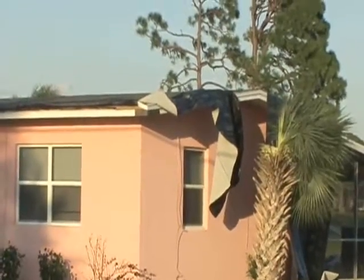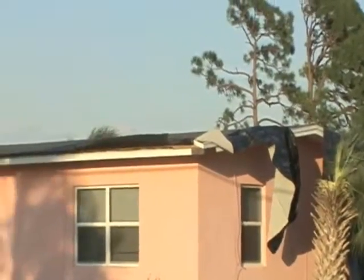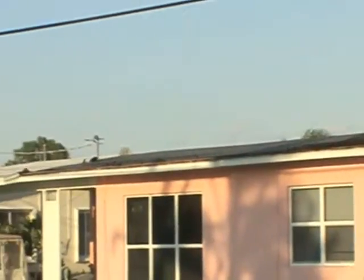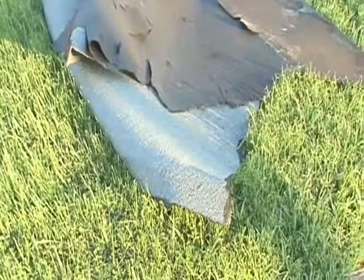Here's an example of a new roof that was not installed properly. It's like so many roofs here in Port St. Lucie during the last hurricanes. It took them almost 8 months to get this roof, and the first high wind that came by just blew it away. This is an example of roll roofing, and